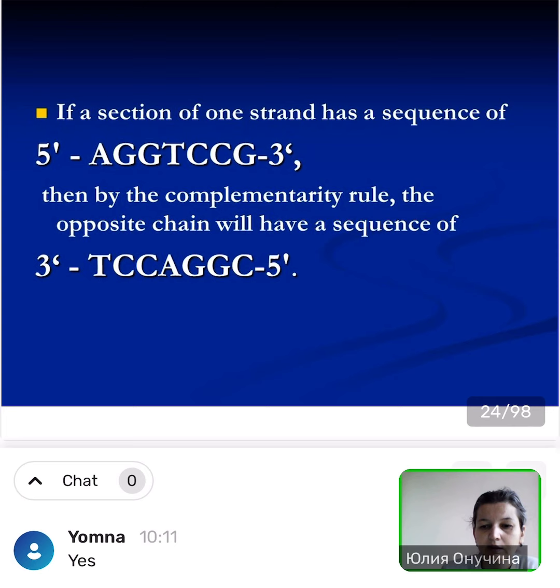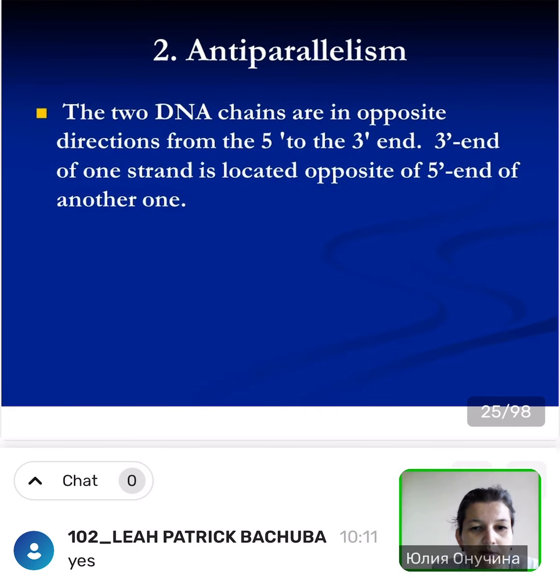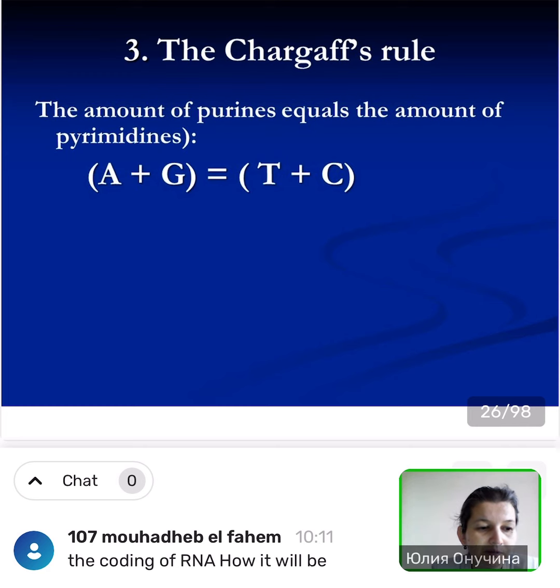Thank you. The next. Antiparallelism. Next slide. We said about this that these strands are antiparallel, have antiparallel directions, so opposite 5' will be always 3' end. And the third rule, very important rule, that amount of purine,